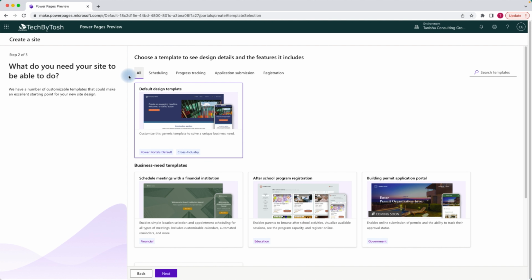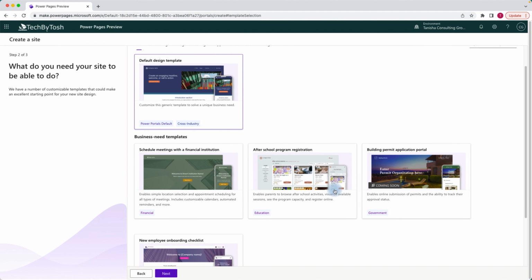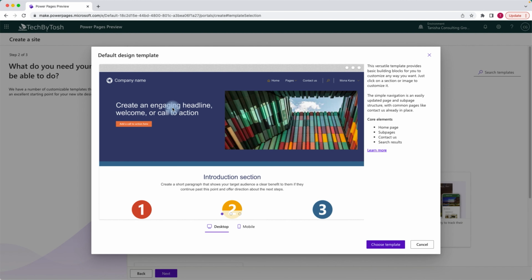Now these are all the different templates here. This is the default design template, and then you have the schedule meeting with financial institutions, and then you have after school program registrations, building permit portal, and new employee onboarding checklist. So it says it's coming soon, same as this one. So let's just go with the default design template. Click on that, and that's the template which we're going to use to create our website. Let's just click choose template,